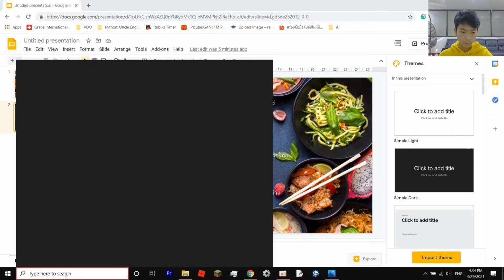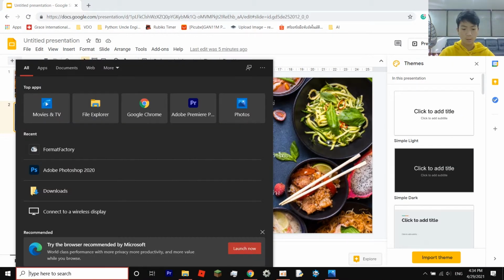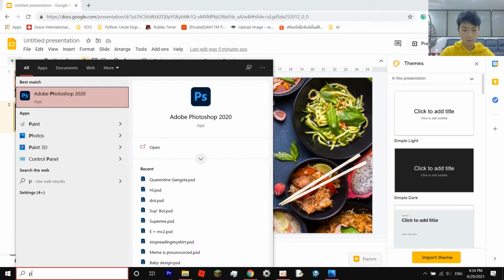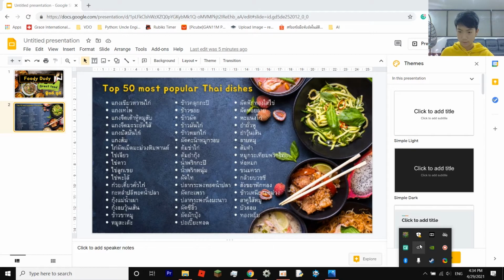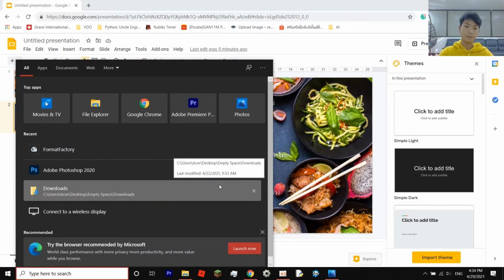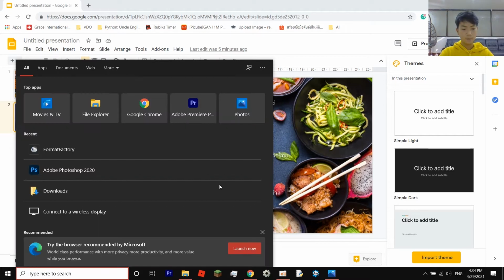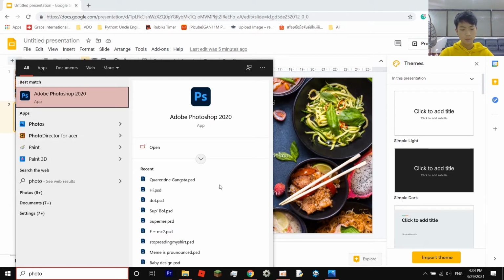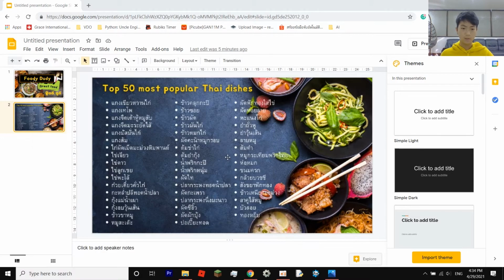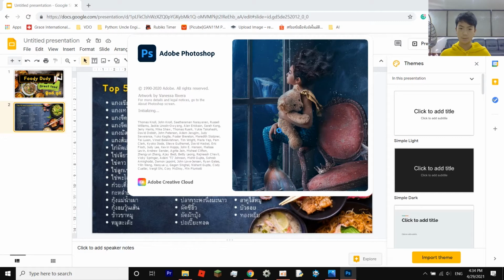So open up Photoshop. You can search it up, Photoshop. If you didn't download it yet, go to your Creative Cloud in here, and then click on it, and then click download on Photoshop. But then if you have it, go into your search bar and just search up Photoshop, click open, wait for a bit, and you should be in. Okay, wait a second. Okay, now